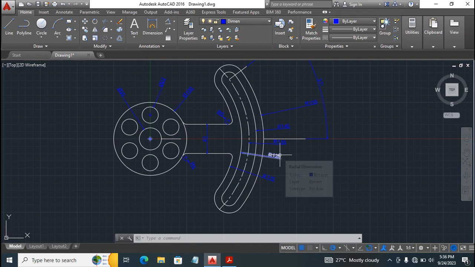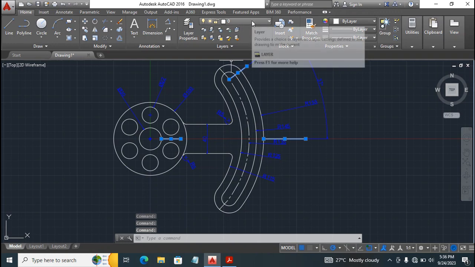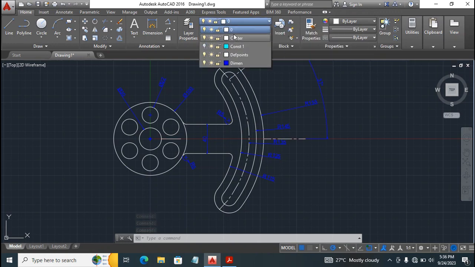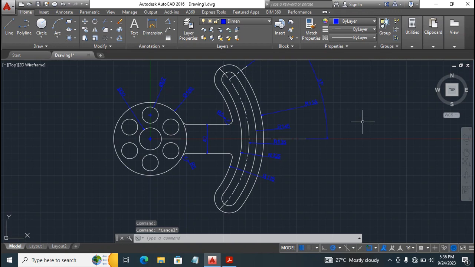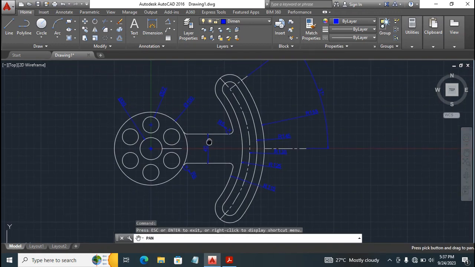Alright, I'm going to mark these lines here so that the machinists will know these are just center lines, not necessarily part of our drawing. These are just center lines that aided us in achieving the dimensioning of our angular parts of the design. Okay, all right, so that's it. Press escape key. Now if you want to see what your design is going to look like on paper, okay, you can